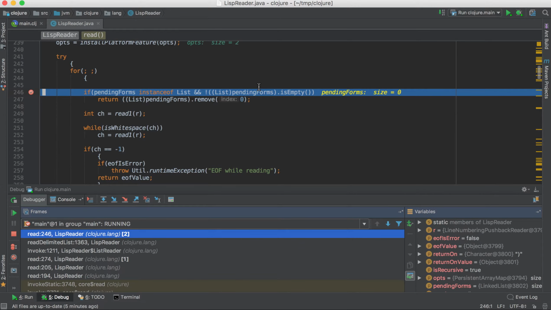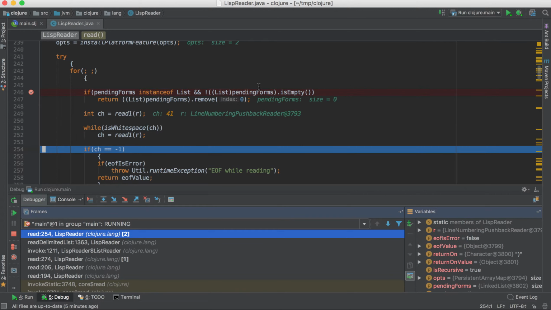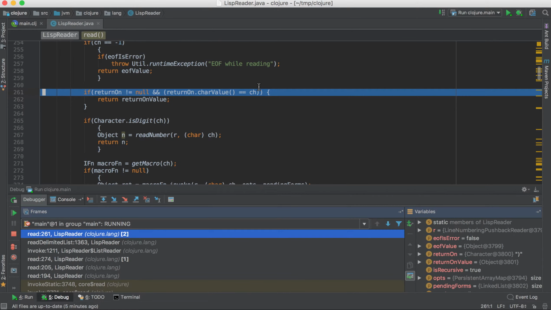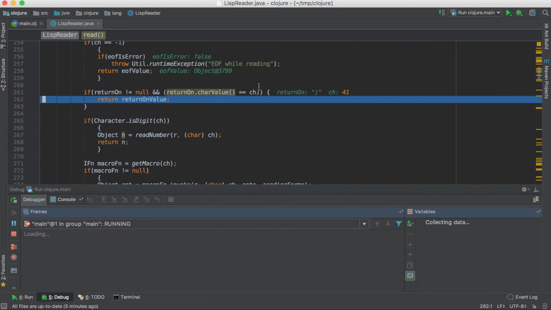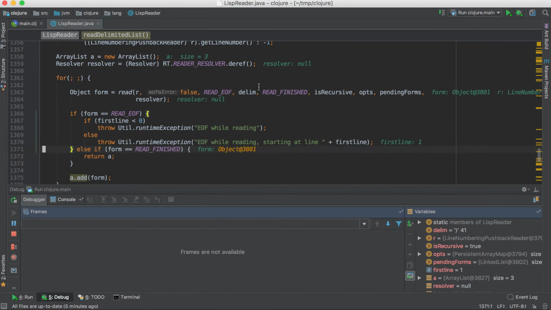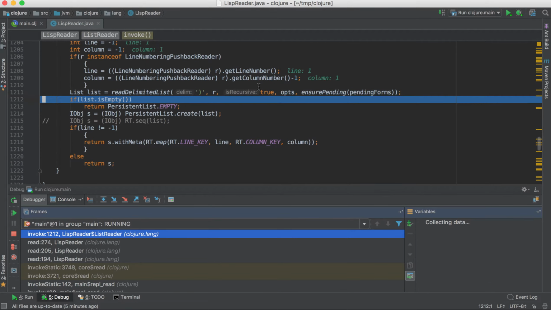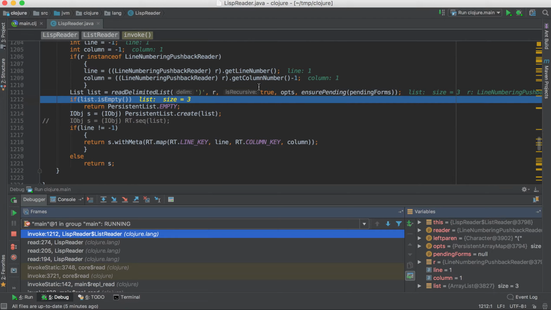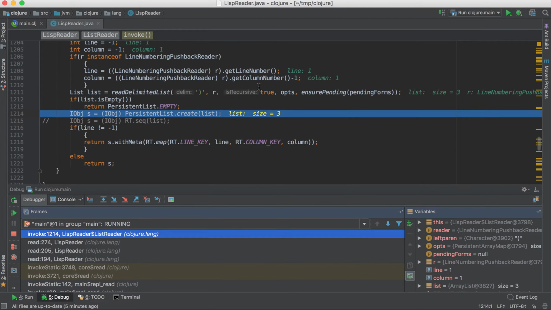And finally, we reach the terminator, the closing parenthesis, which is the signal right here that it is time to return the reading phase. And here we go. We exit the loop in a second after adding the last bit. And so here we